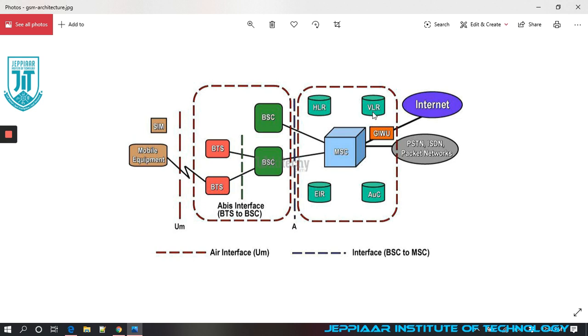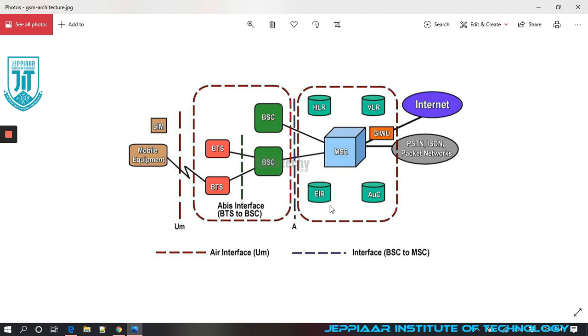Sometimes you will see on your mobile phone that roaming has been activated, or some signal change is shown. At that time your name, your SIM card number, or the details regarding your mobile phone will be updated in this visitor location register. If you look at the visitor location register, you can see which places you have traveled and how your mobile phone has been registered.